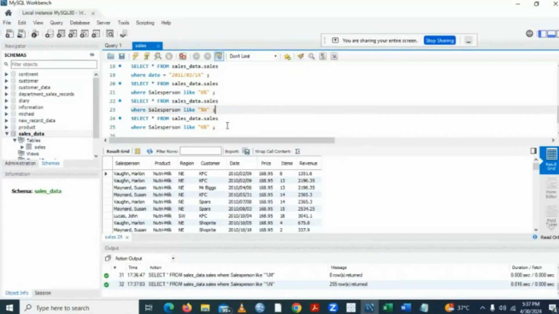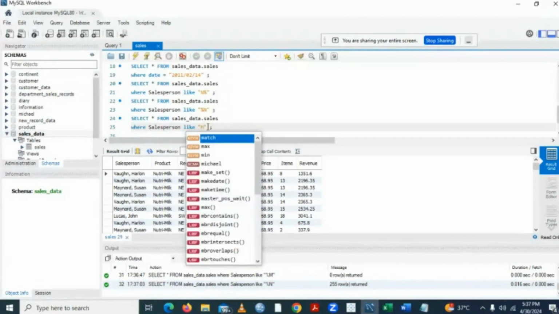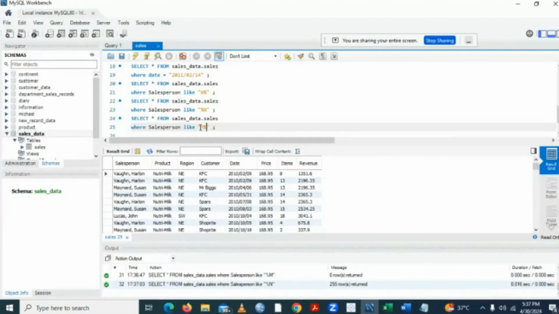Now, let's say I want people that have M, that is any name that contains M. I'll just put my percentage at the back and in the front, then I will hit enter. It will return anywhere it sees M. So that's how to use our LIKE clause in